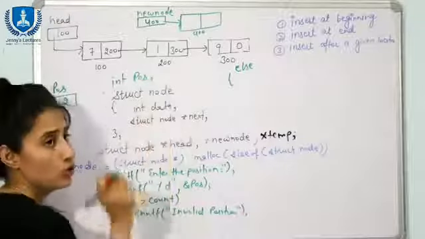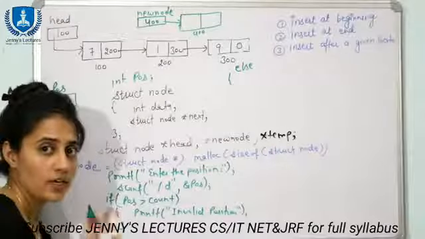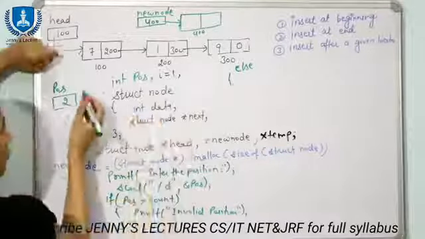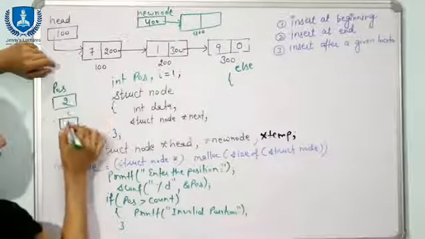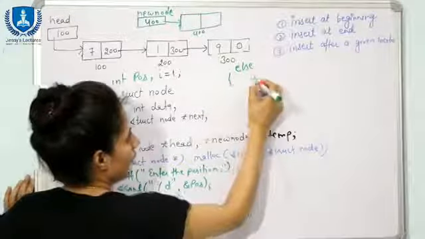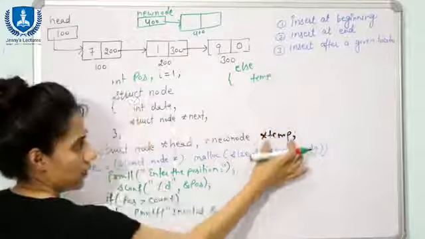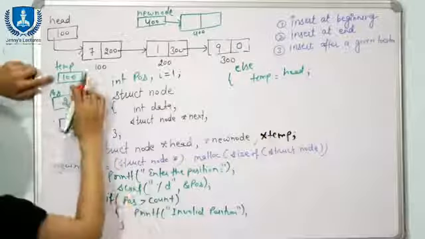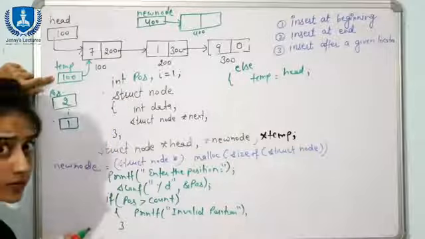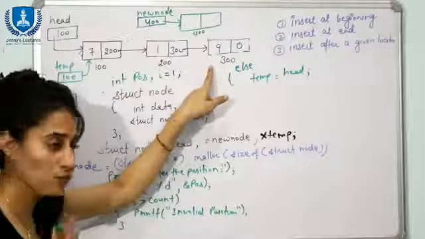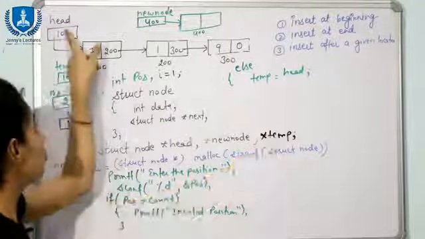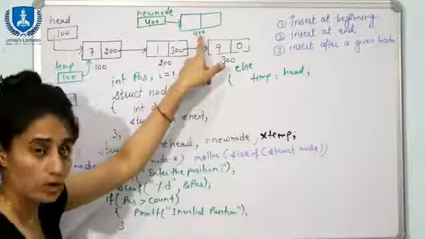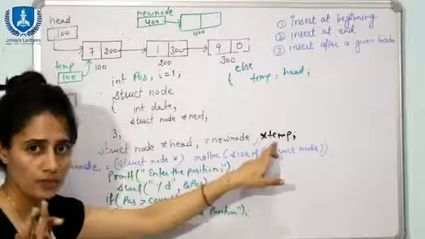So now to reach this position, what you will do, see, we are going to take another variable, that is I. Suppose here I am going to declare I is equal to 1. So now first of all we have one variable, that is I again, and the value is 1. Here you can write, obviously we are taking another pointer variable, that is temp is equal to head. This temp is also pointing to this one, right, because for traversing the list you must take another pointer variable, because we cannot move this head, and this pointer variable is going to store the address of the newly created node. So to traverse the list you need one third pointer, fine.